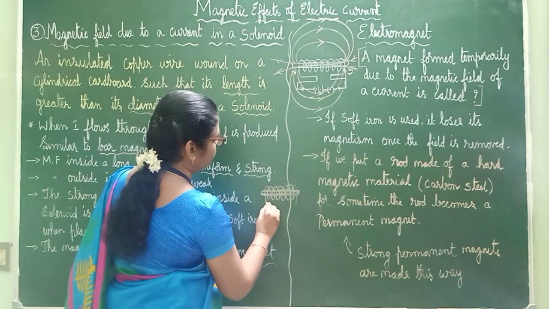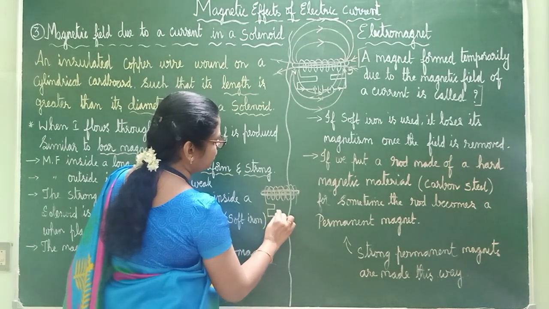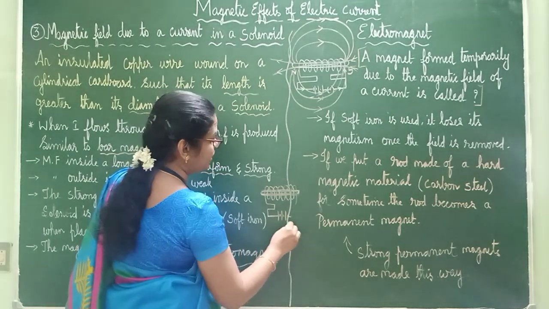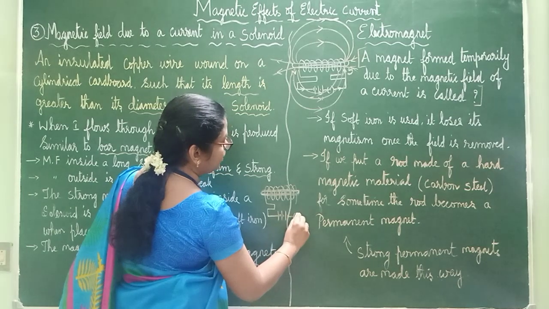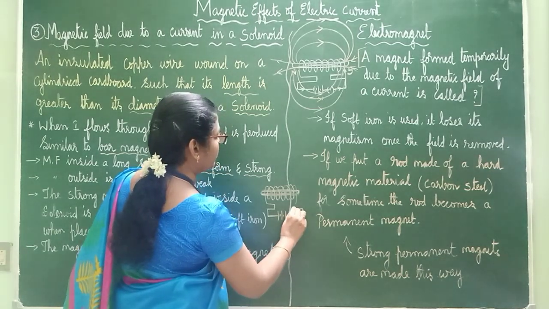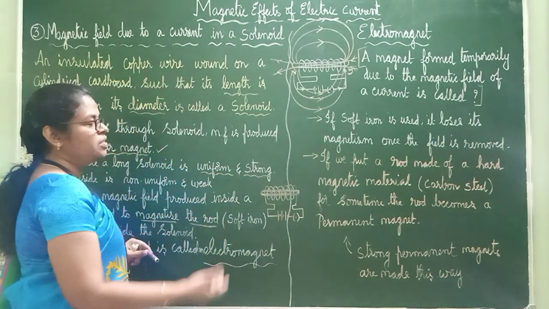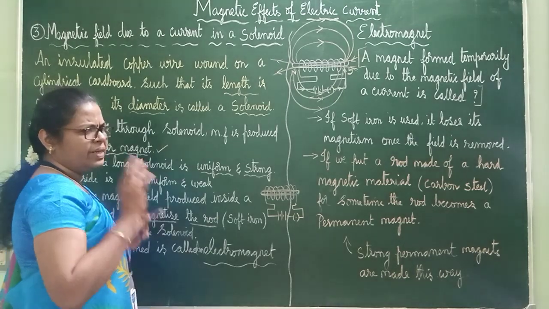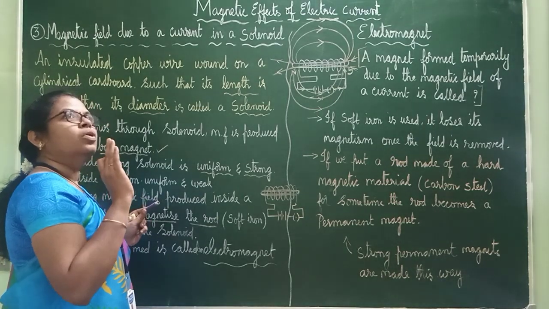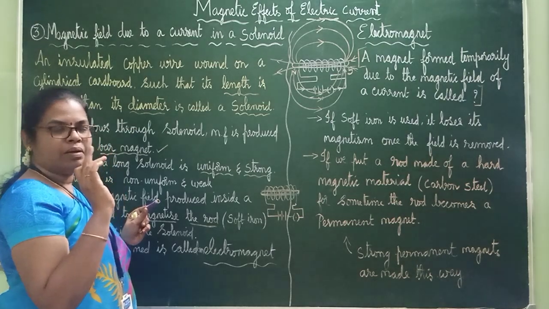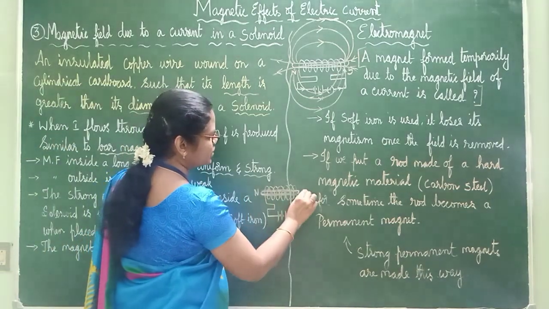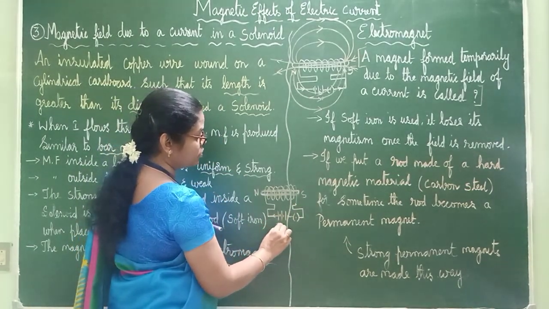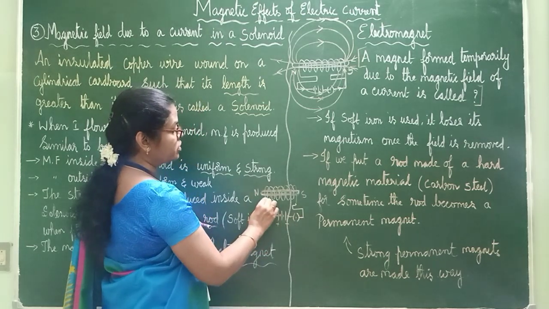Many turns should be there and then it is connected to one battery. I have taken 3 battery cells and then one key. Okay. Now this will work as a what? Bar magnet. So immediately go back. What is the thing you have studied about a bar magnet? One side it will be north pole and the other side it will be south pole. And what happens when a current is allowed to pass through? See here, this is the positive end, this is the negative terminal and current is flowing through this.